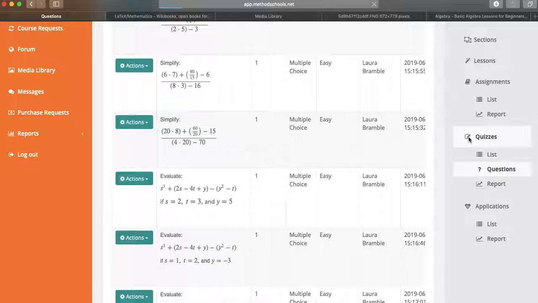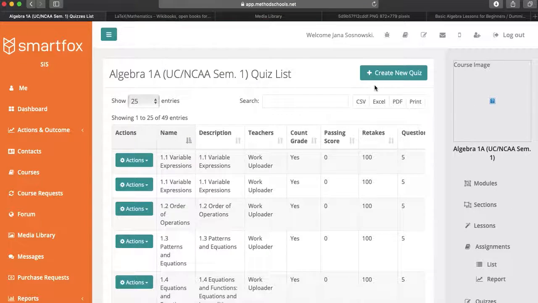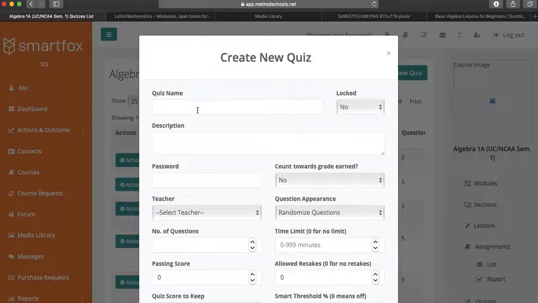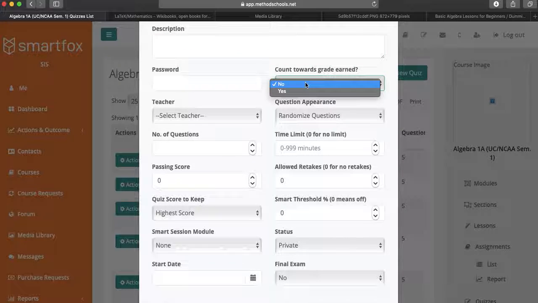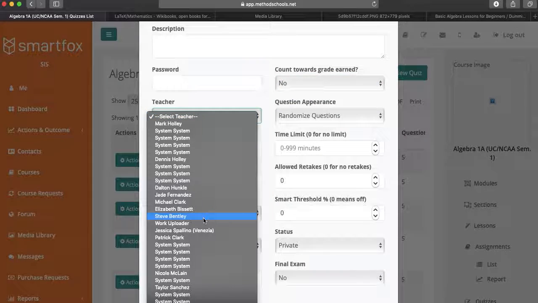And to create a new quiz, let me step back. You create a new quiz, quiz name, and you want a description. We password protect the final exams. Count towards grade would be up to you as the designer, whether it's a practice or an actually graded assessment. Teacher, for all